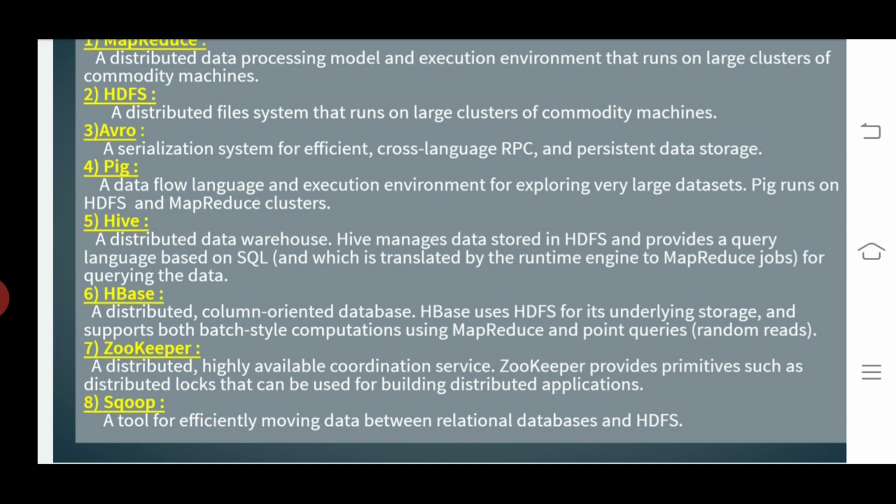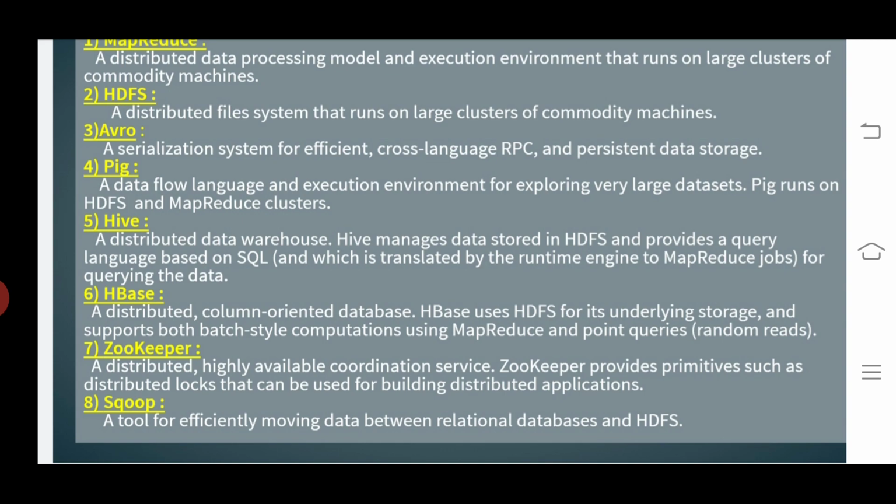The Hive data access framework manages data we want to store in Hadoop file systems, and it provides a query language. What language? Structured Query Language. Based on SQL, which is translated by the runtime engine to MapReduce jobs